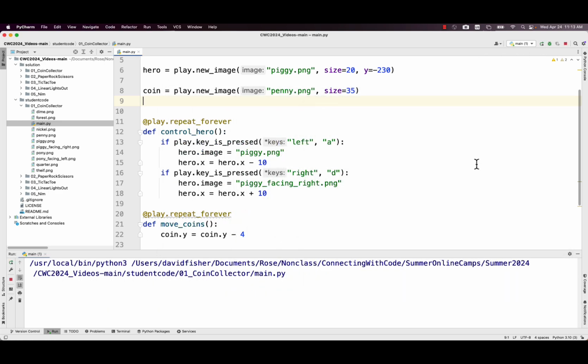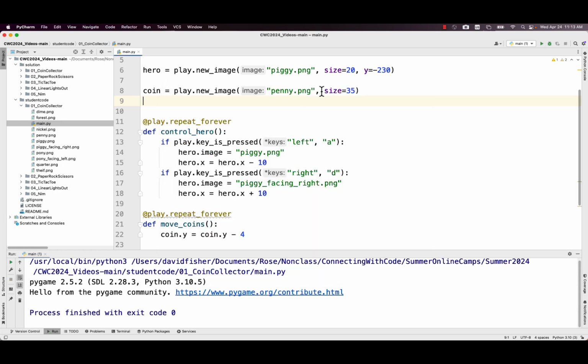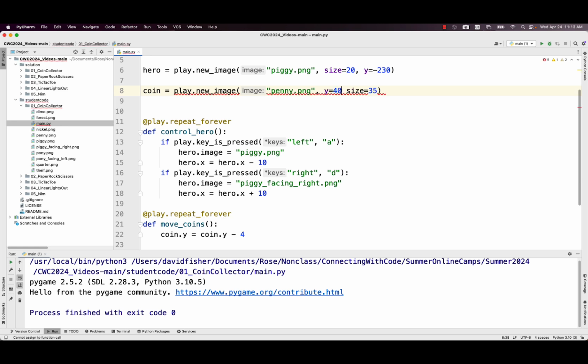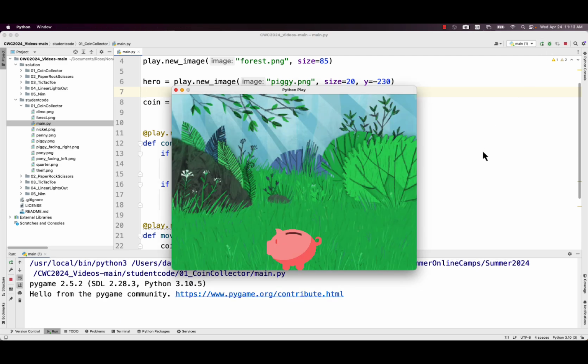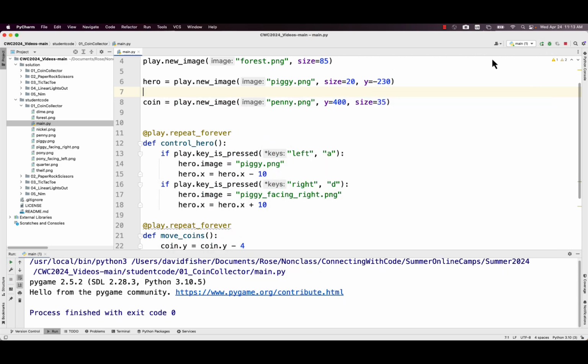So I run it again. And it falls kind of from the middle on down. I'd like for it to start at the top. So to make it start at the top, I can set the Y equal to 400. That's the top. By the way, you can put these in any order. You can say size or Y, any order. You can see that one time I said size and then Y, and then the other time I said Y and then height. It doesn't matter. Cool. And so now you can see it starts from the top, which is pretty sweet.